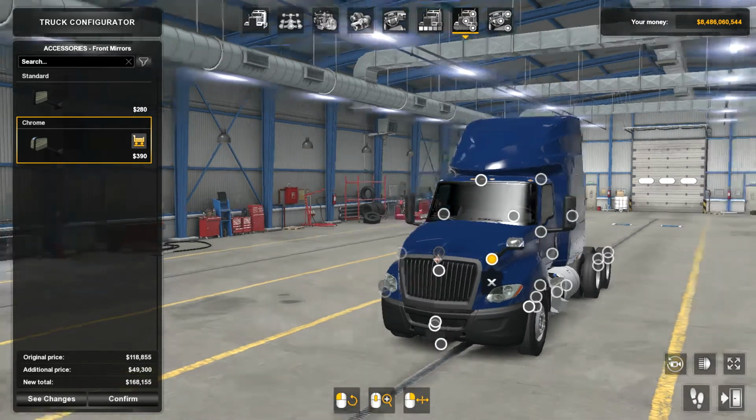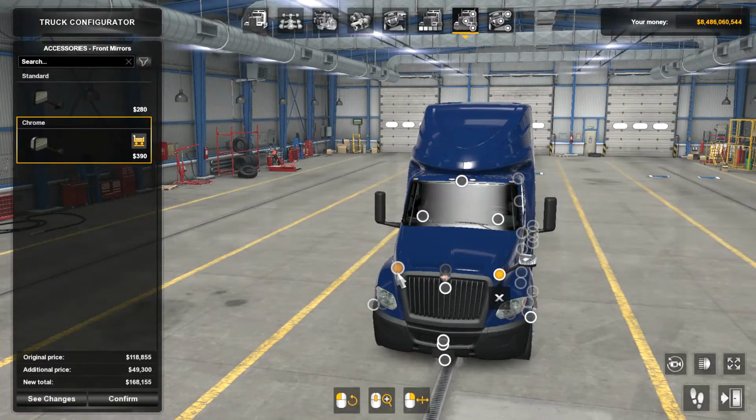280 and 390 for chrome, 280 for plastic. Let's do that to the sand of both sides. That one looks very nice. Then we move on to grill,